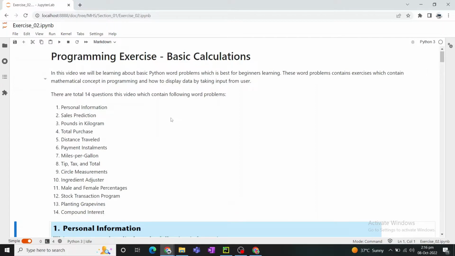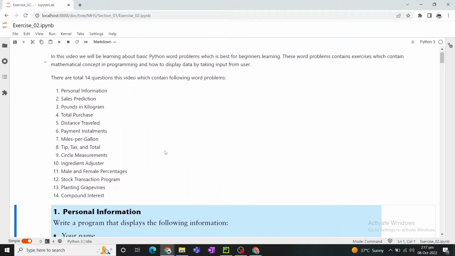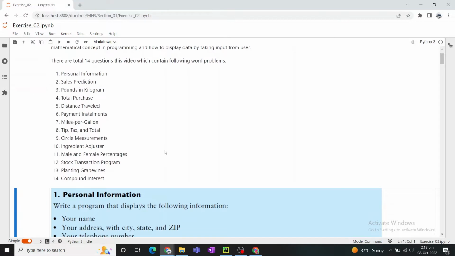So basically, this session and these exercises are based on our previous chapters, input, processing and output, and normally we take the input from the keyboard and from the user. So in total we have 14 questions in this session, and these questions are based on personal information,